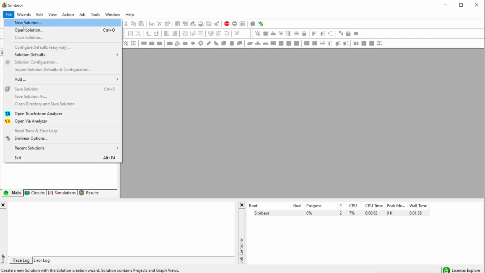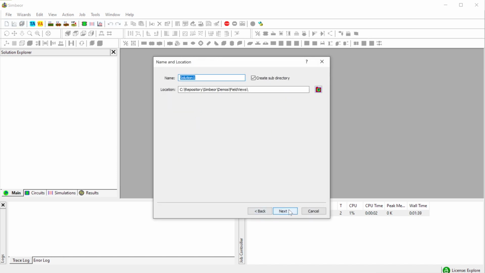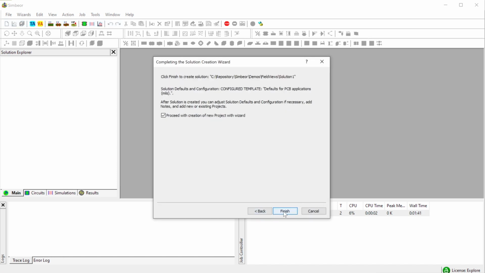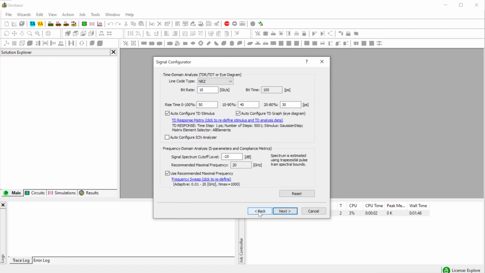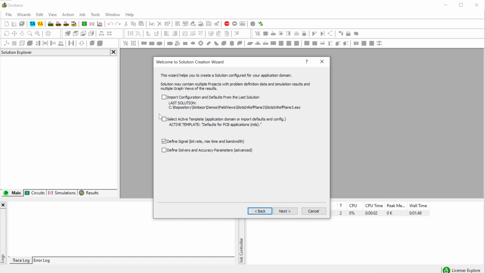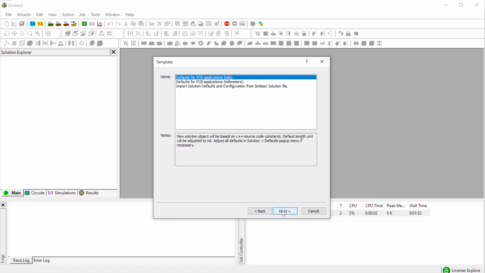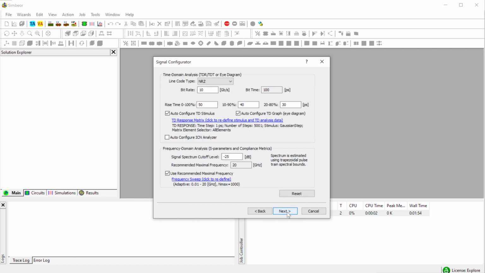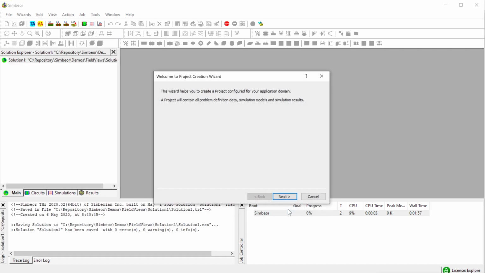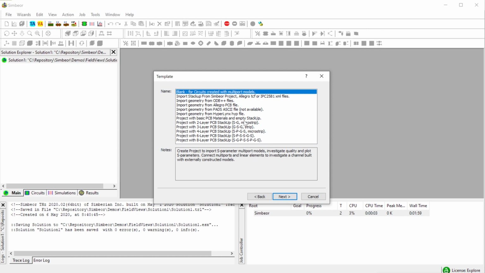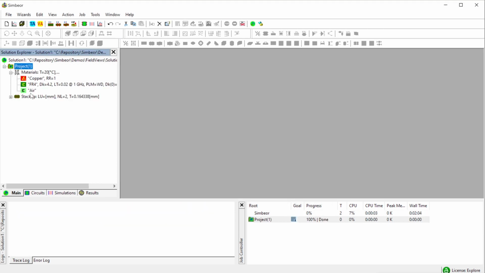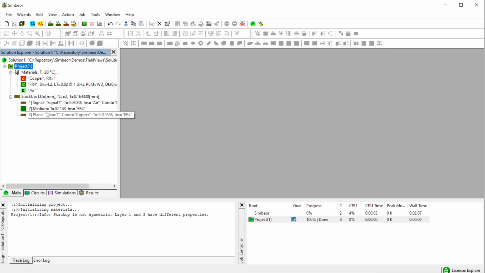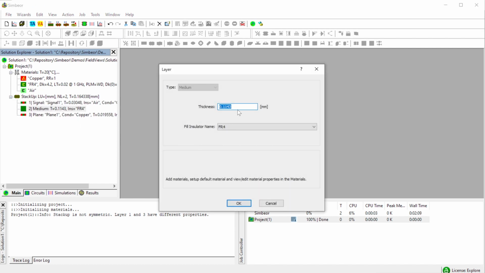To do this, I'll create a new solution with template, millimeters, and we'll stack up just microstrip. Define dielectric, but right here for simplicity I will just skip this step.